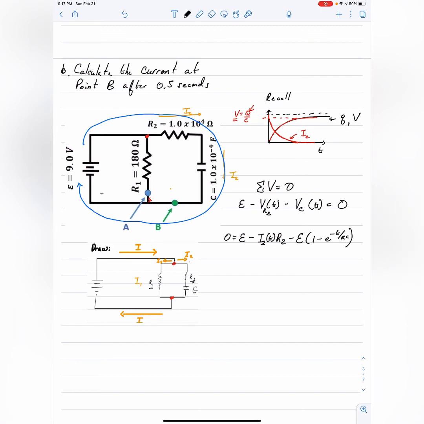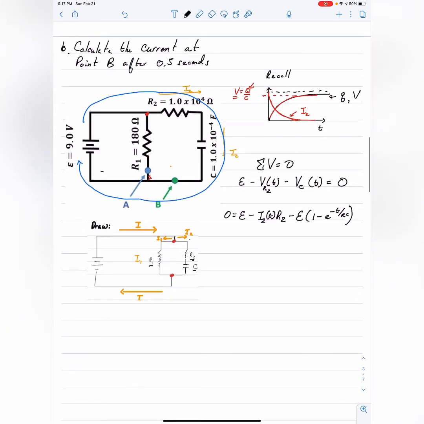Now, this is the voltage across the capacitor, and this is the voltage across the resistor. Notice that I have the current over time here. But also notice that EMF is here and EMF is here. If I multiply the EMF here,